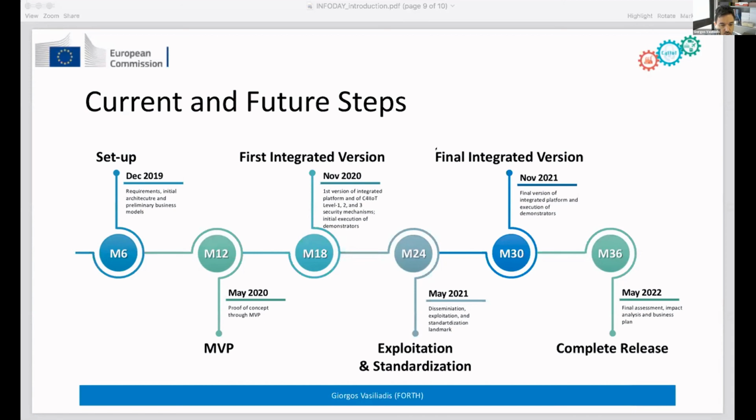Also, we have completed at month 12 the minimum viable product that was presented before. So our future steps now include the release of the first degraded version. This will happen by the end of this November. By next May, we will also have defined exploitation and standardization landmarks. The final version of C4IoT will be released by November 2021 and will include the whole architecture as well as the execution of our demonstrators. And finally, by May 2022, we will have the complete release, including any final assessment, impact analysis, as well as